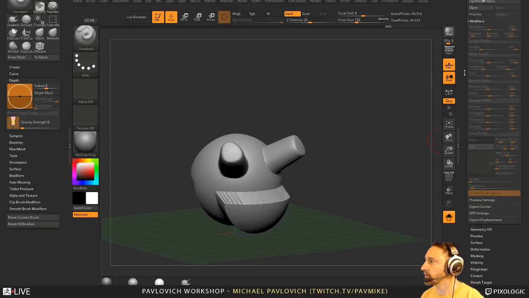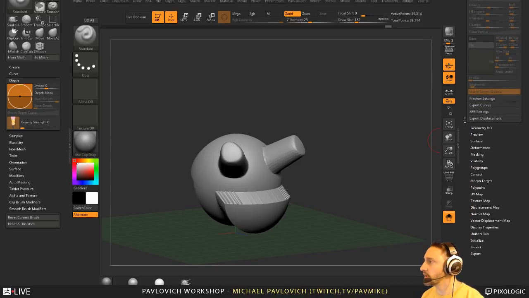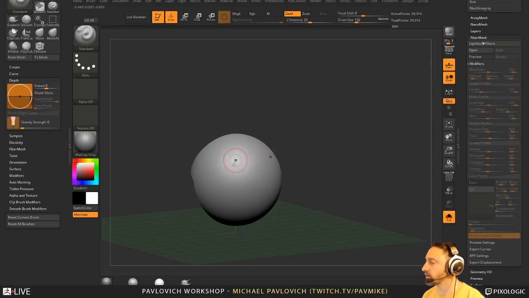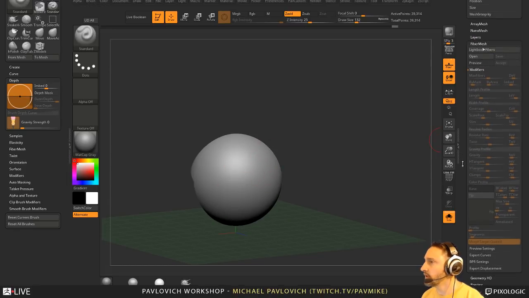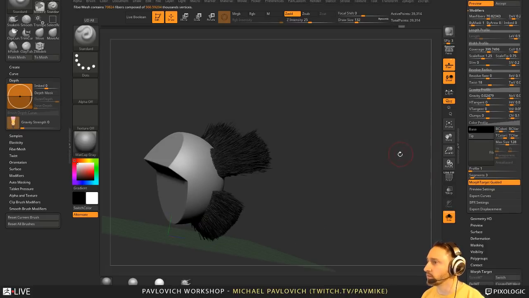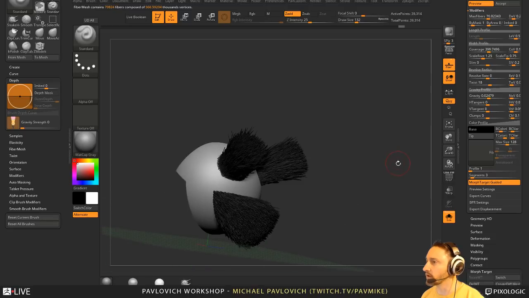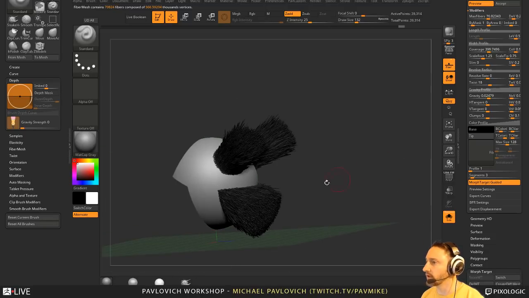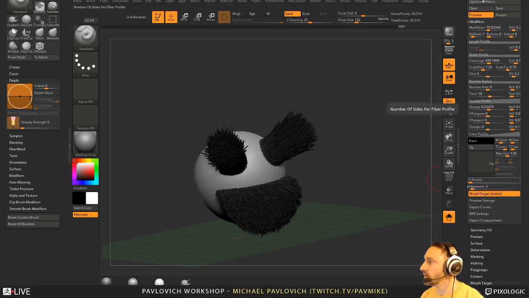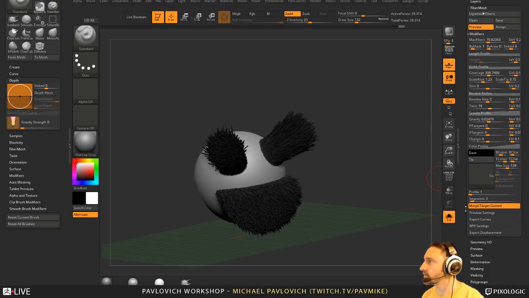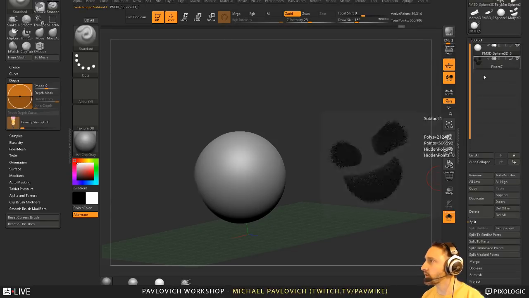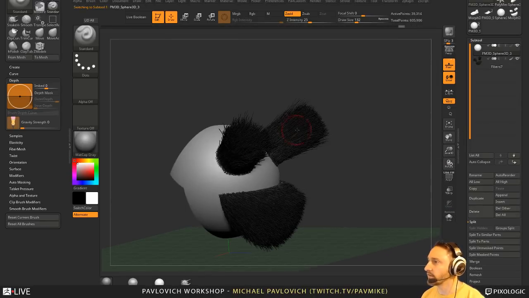Let's go ahead and hit morph target switch, and now that direction is stored in here as a morph target, and then when we hit preview and we do morph target guided, it's going to put those fibers right where that morph target's going, and it goes out just as far as that morph target went. So let's go ahead and do that's fine. Let's go ahead and hit accept. There we go. So now we have our original morph target, and then we have our fiber mesh being guided